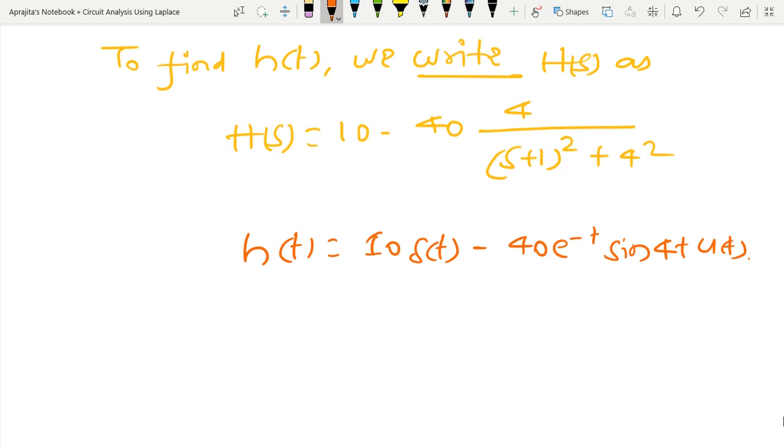So what we have observed in today's class is that the Laplace transform is a very useful tool, like the phasor, and using the Laplace transform we get an additional benefit over the phasor, that it is possible to obtain the complete response. Due to that, the Laplace transform is very famous, not only in circuit analysis but in almost all areas of engineering.